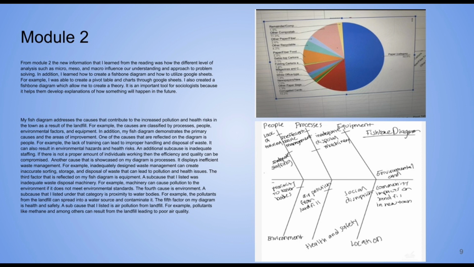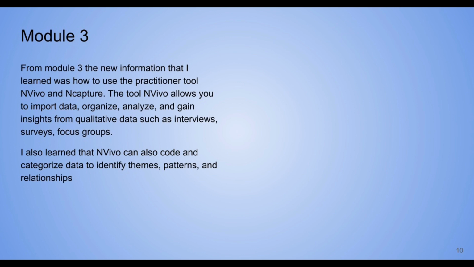For example, I was able to create a pivot table and charts through Google Sheets. I also created a fishbone diagram which allowed me to create a theory. It is an important tool for sociologists because it helps them develop explanations of how something will happen in the future. For Module 3, the new information that I learned was how to use the practitioner tool NVivo and